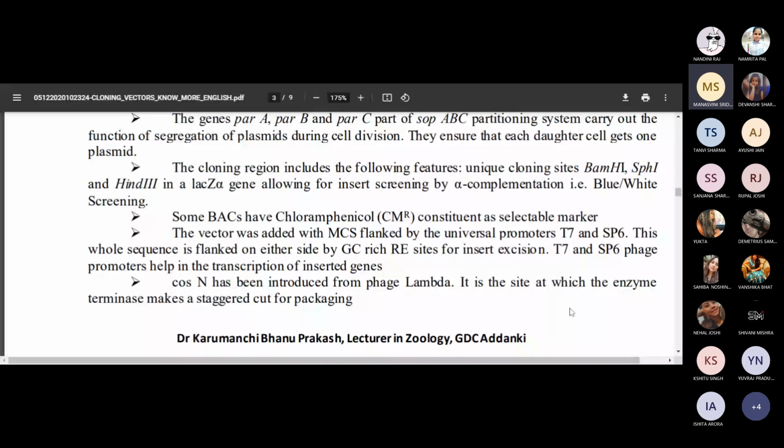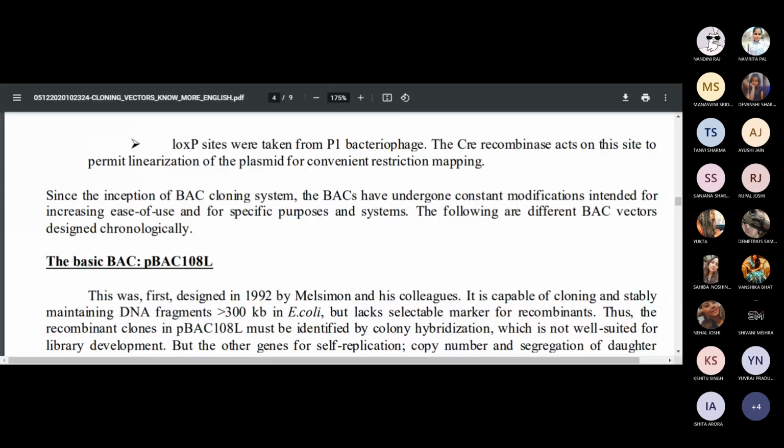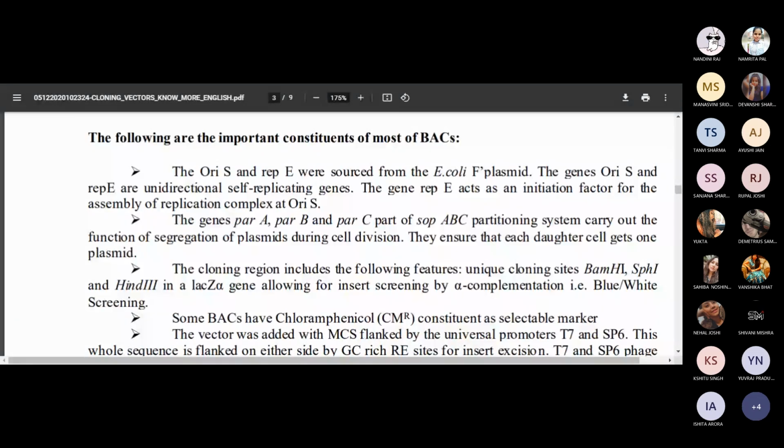Okay, so this is the property that we mentioned here, when you are constructing a BAC. These are artificial chromosomes, but they are also a form of plasmid, you can say. So plasmid and bacterial genome are not much different. The difference between these two is going to be the size. Here the plasmid is going to be a bit larger in size. So when you want to carry around 200 kilobase pairs of your DNA, then replication is going to be a bit challenging.